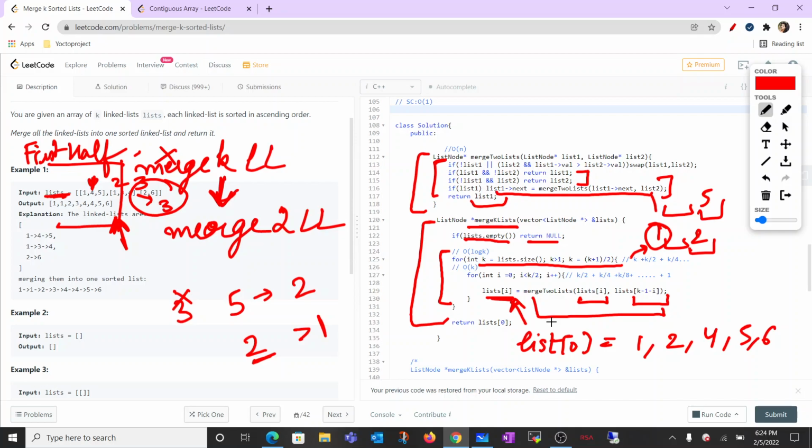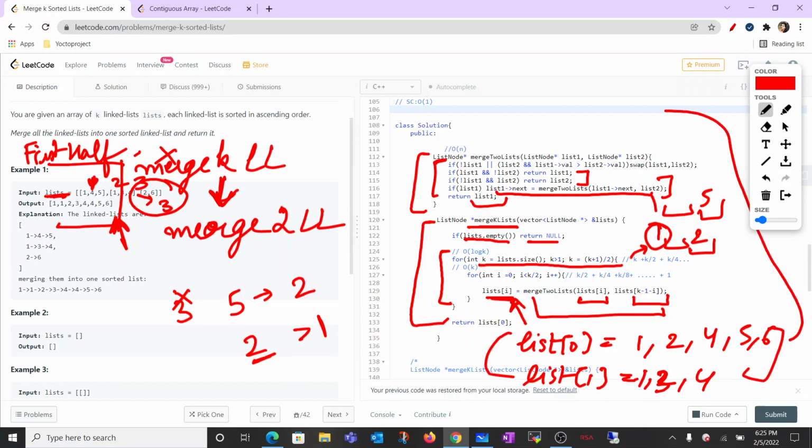Now our list of 0 would be having this value, and then the k value is simply changed, and now our list of 0 is simply this, and our list 1, which is simply 2, 1, 3, 4, 1, 3, 4. Now both of these lists would be sent to this particular function, and then again it will be merged, and after merging we'll get our final answer, that is this one,